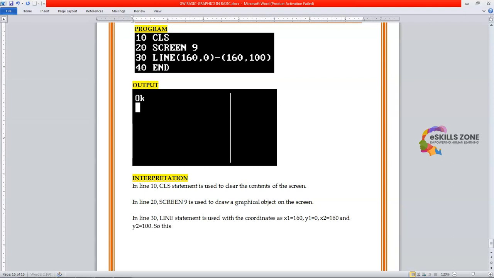So this statement will actually draw a line on the screen